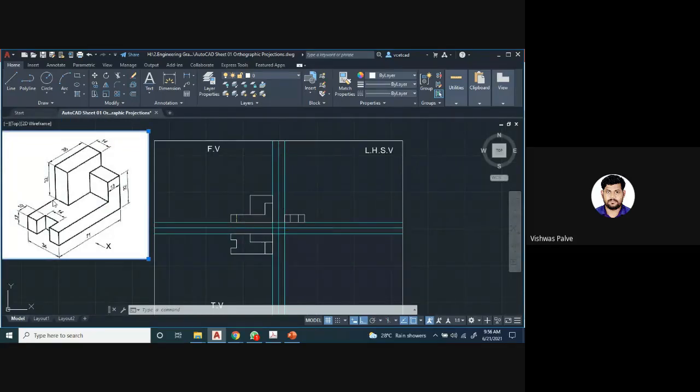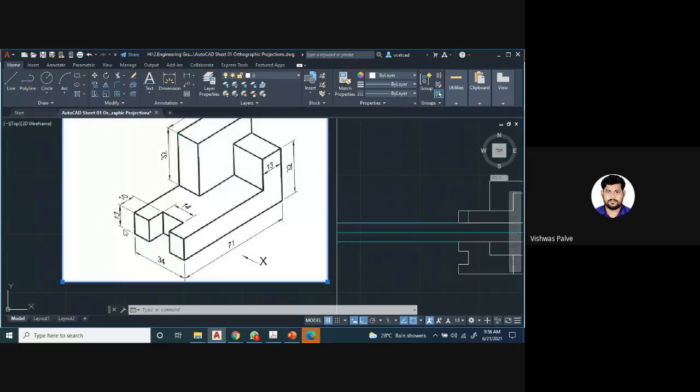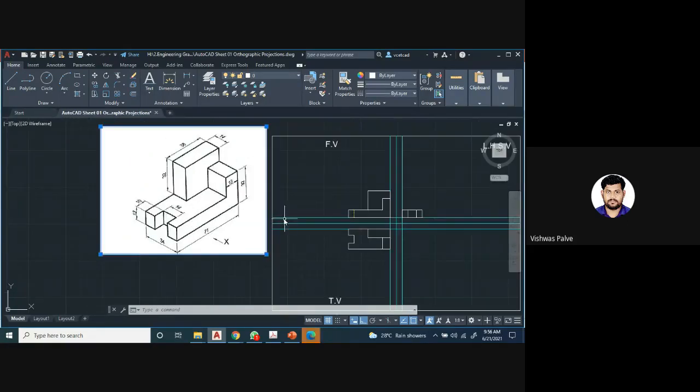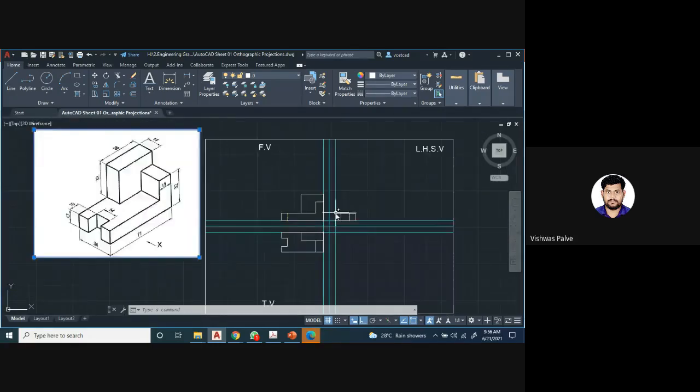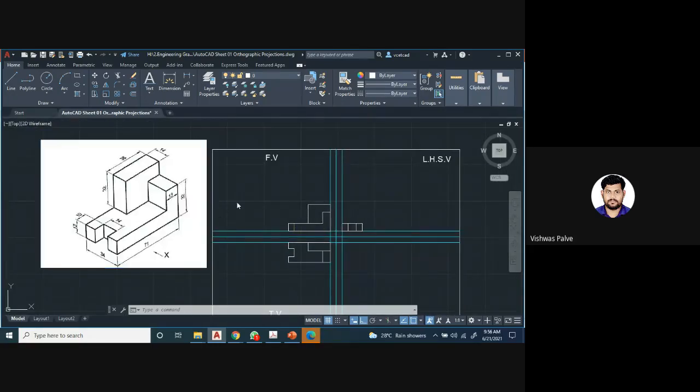Then starting from here, you will get the 32 millimeter. So you can see that when we observe from this direction, these two lines will overlap, the intersection edges. So the horizontal surface will not be visible. So that surface you have to skip, and we have to draw 32 millimeter. L, enter. From this point, I will draw 32 millimeter.